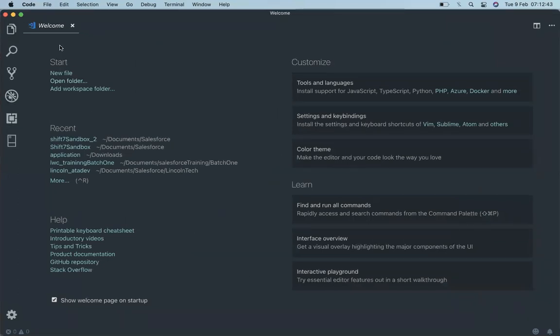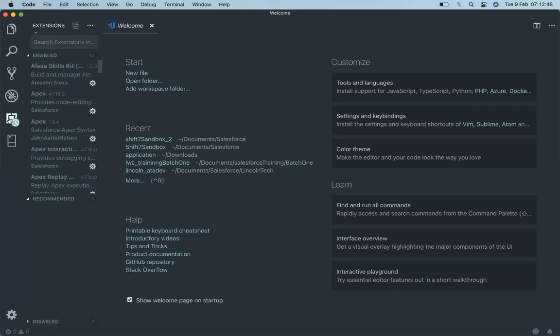After the download, what you have to do is first click on this square bracket icon. It's called the extensions section.